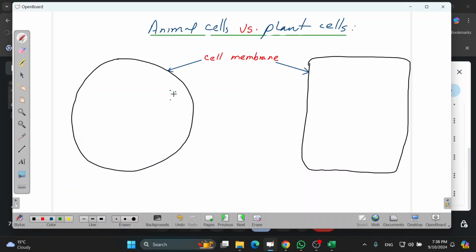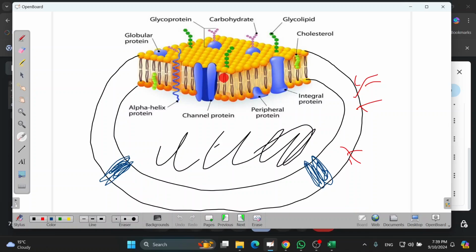You see, sometimes molecules need to go out or some molecules need to come into the cell. That is the function of the cell membrane, to control, right, the movement of substances in and out of the cell. Another function is that it is kind of a barrier, right, that encloses all the cell components. And plant cells also have that. They also have a cell membrane, right, similar to this one, right?